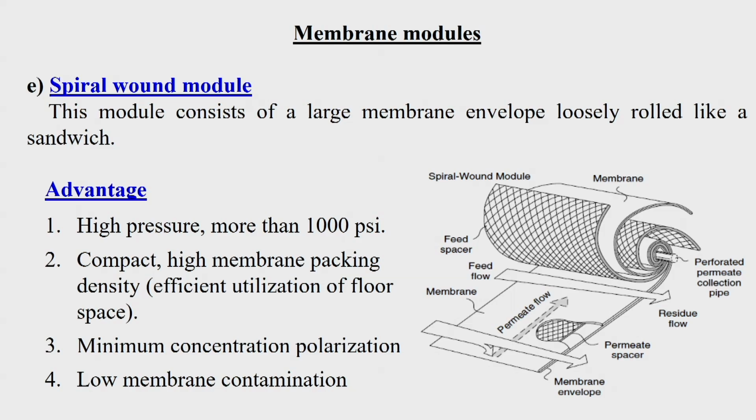Then the fifth type of module is the spiral wound membrane module. This is widely used in many industrial applications. This module consists of a large membrane envelope loosely rolled like a sandwich. In between two membranes, one spacer is used. A spacer is a grate type of material made of metals, and it gives the entry point to the feed. So, two membrane sheets with one spacer placed in between are rolled